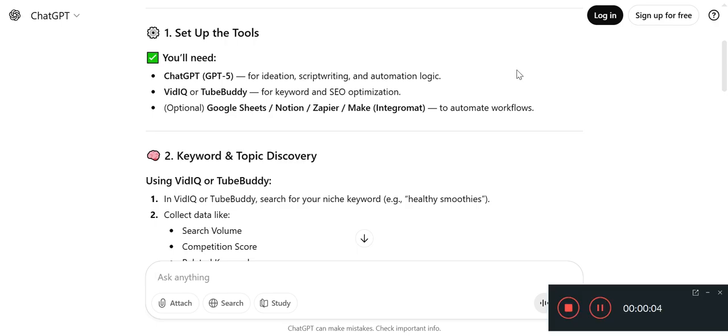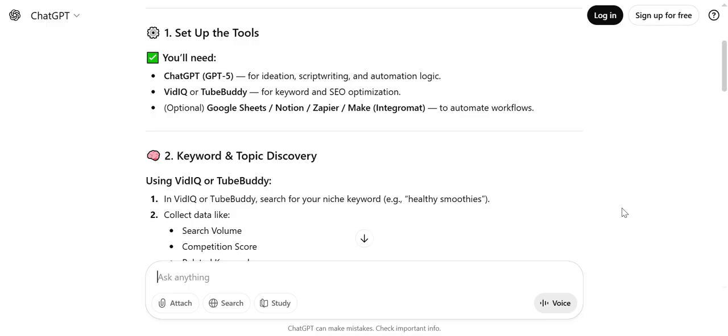Today in this video I'm going to tell you how you can use ChatGPT with TubeBuddy or with vidIQ YouTube extensions so that you can get more audience reach and views on your YouTube video. So that's going to be a step-by-step guide. In this video I'm going to just show you a theoretical one, and in the next video I will show you practically how you can do it.